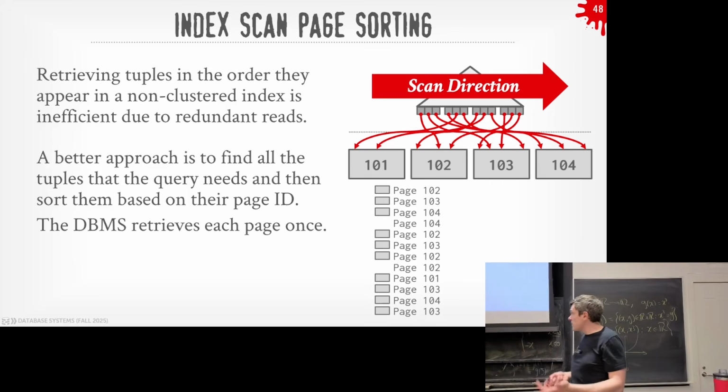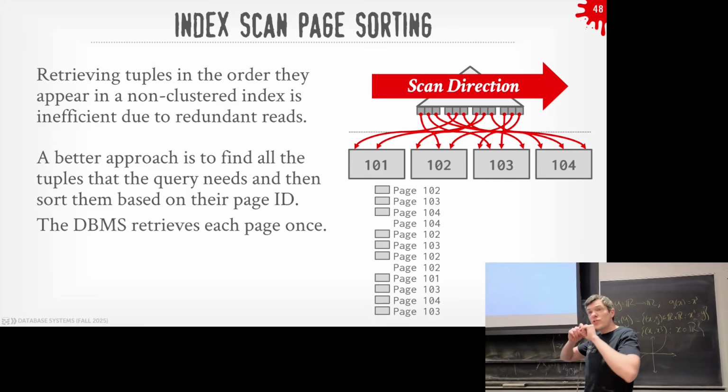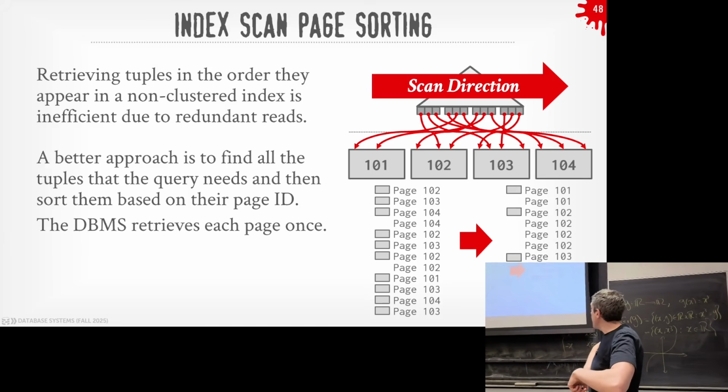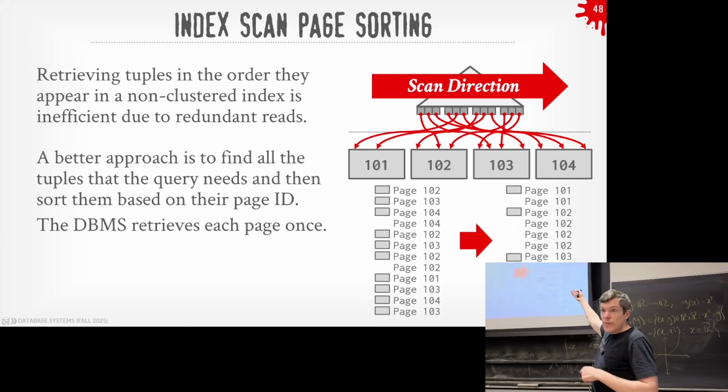So in a bunch of systems, a simple optimization is to first do a scan on the index, find all the record IDs and the corresponding page IDs that you know you're going to need to access, sort them by the page ID, and then go retrieve them in that sort order. That guarantees I'm only retrieving each page once and only once. I still have to maintain some metadata to keep track of the key sort order that came out of the index, but I'm basically going to scan the index first, figure out what I need, then go get it.